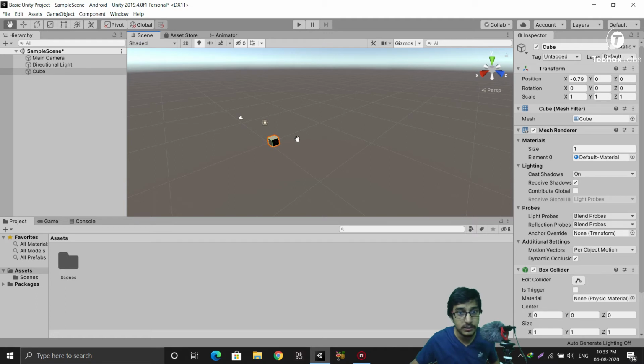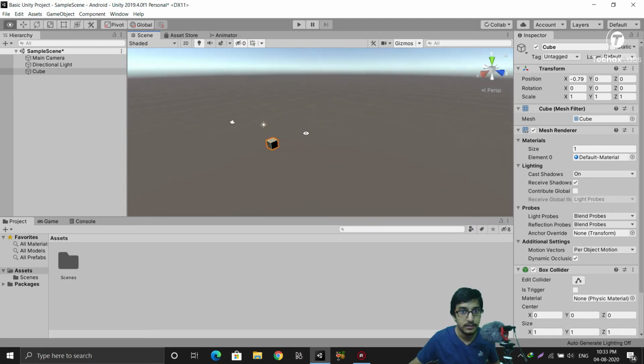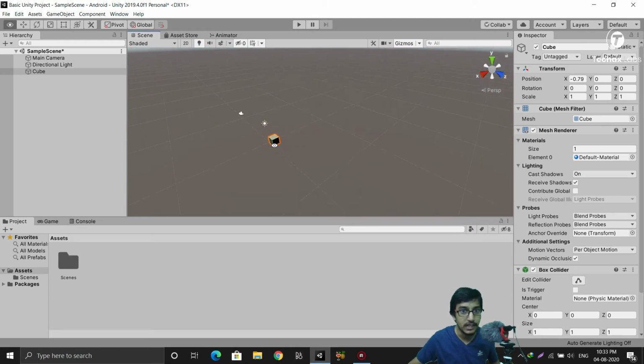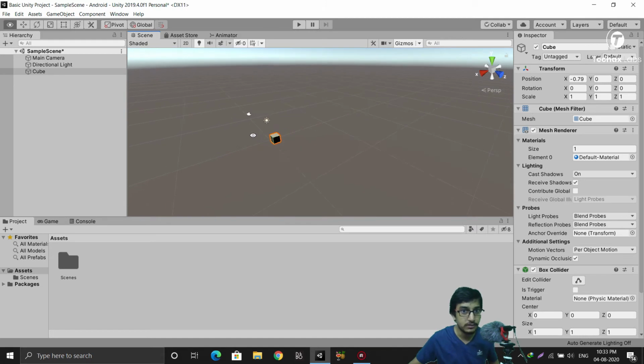And to rotate around the scene, I said to press and hold the Alt button and click the left button, and used it to rotate around the scene. And one thing I missed, actually I was doing it all along, but I forgot to mention, I was also using the scroll button from my mouse to zoom my scene.